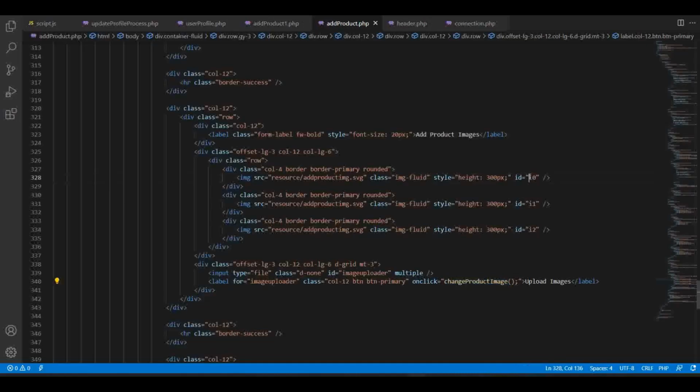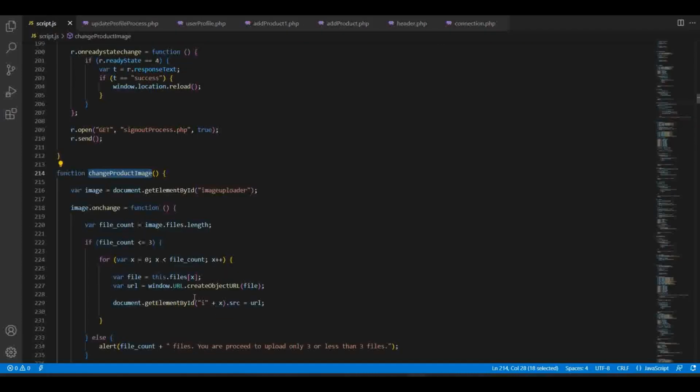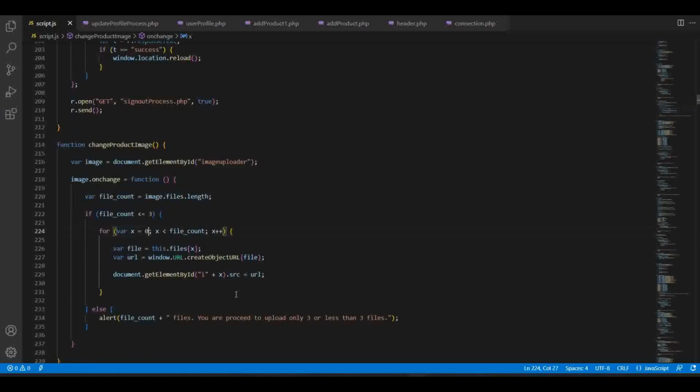Over here we have I and we have the value 0 1 2, meaning that for this I, this value of x, when x gets added one by one, for the first one it's 0, and then the second image it's 1, and the third image it's 2, so like that it gets added. And